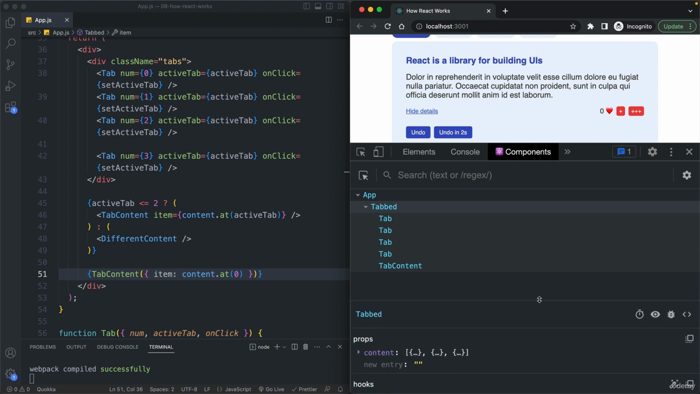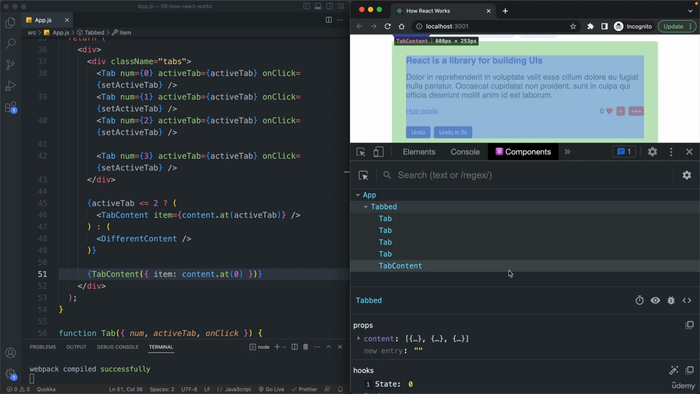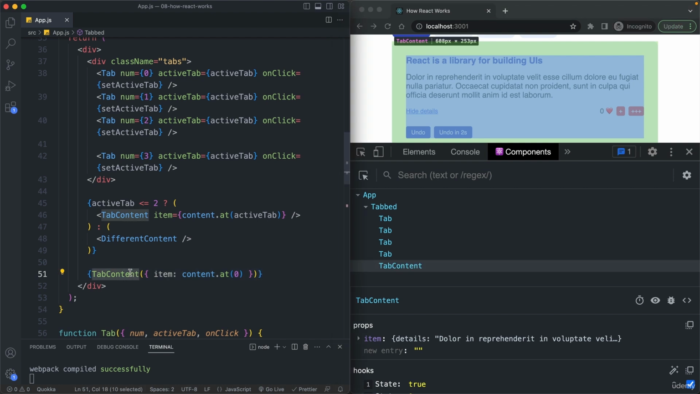We need some more space. And so now you see that we still only have one tab content here in our component tree. And so this happened exactly because of what I explained before, which is that when we call a component directly like this, then React no longer sees it as a component instance. Now we can also see that the state that this component manages is actually now inside the parent state, or